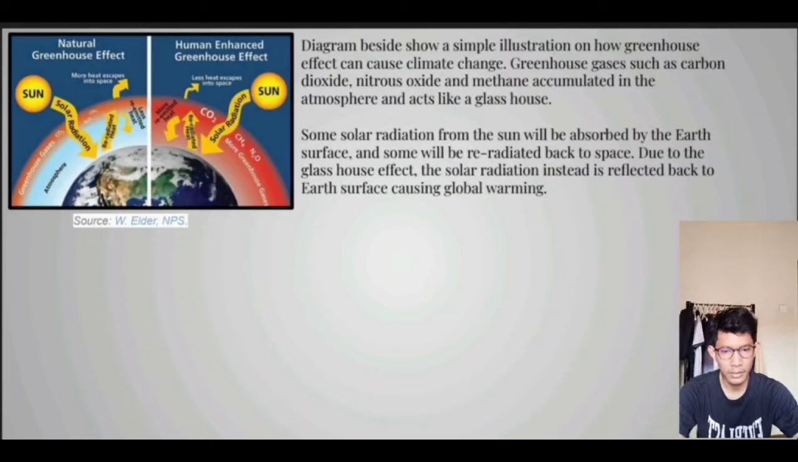Some solar radiation from the sun will be absorbed by the earth's surface, but some will be radiated back to space. But because of the glass house effect, the solar radiation is reflected back to earth's surface and causing